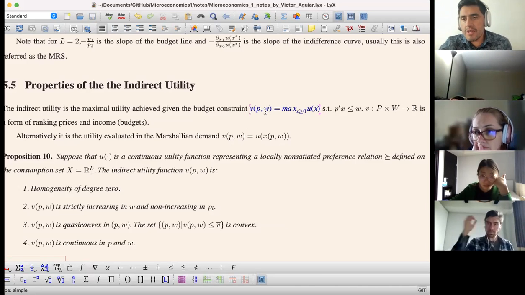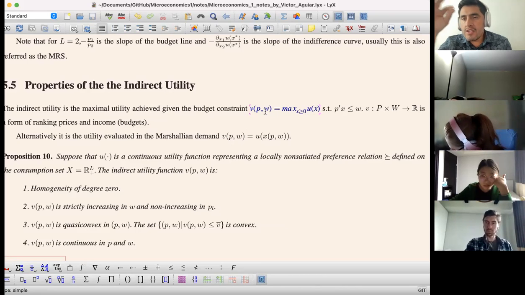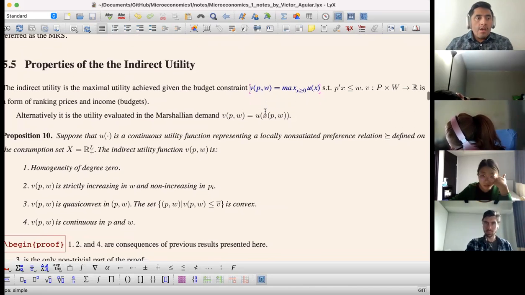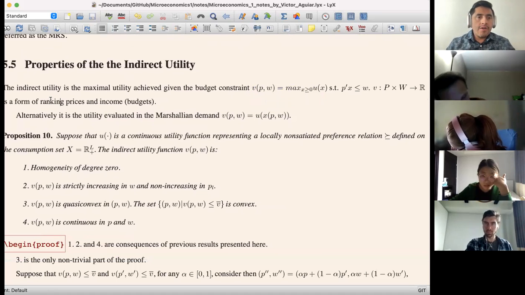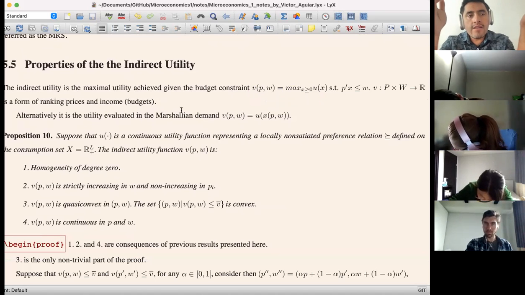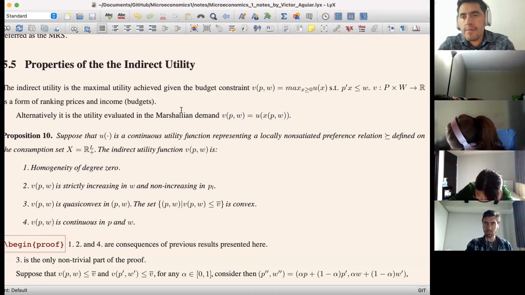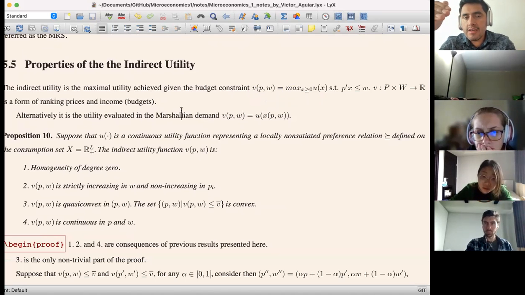As opposed to the demand correspondence, the indirect utility is always a function. It maps a price and income to a number, not to a set, okay? So, good. Now, the way to write it is equivalently: take the demand, imagine this is a function, and just put it inside the U, and then you get a number. So v(p,w). Now, suppose U is a continuous utility